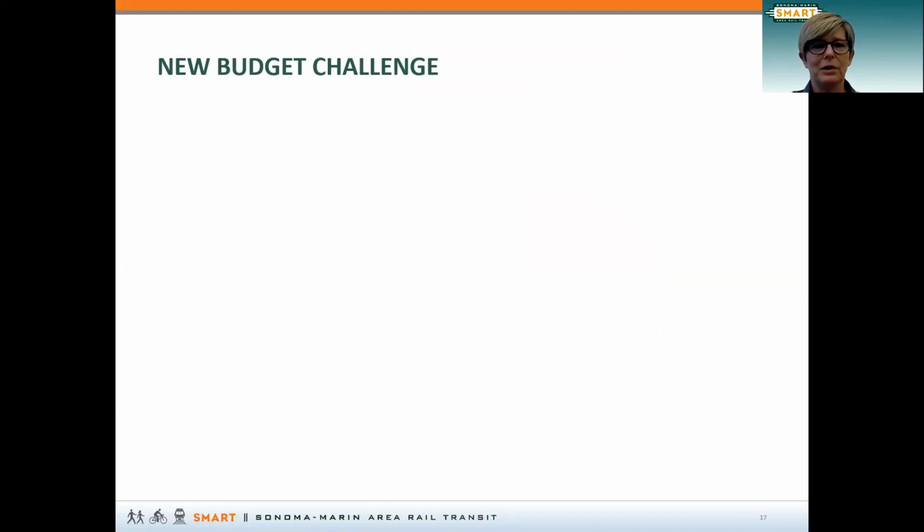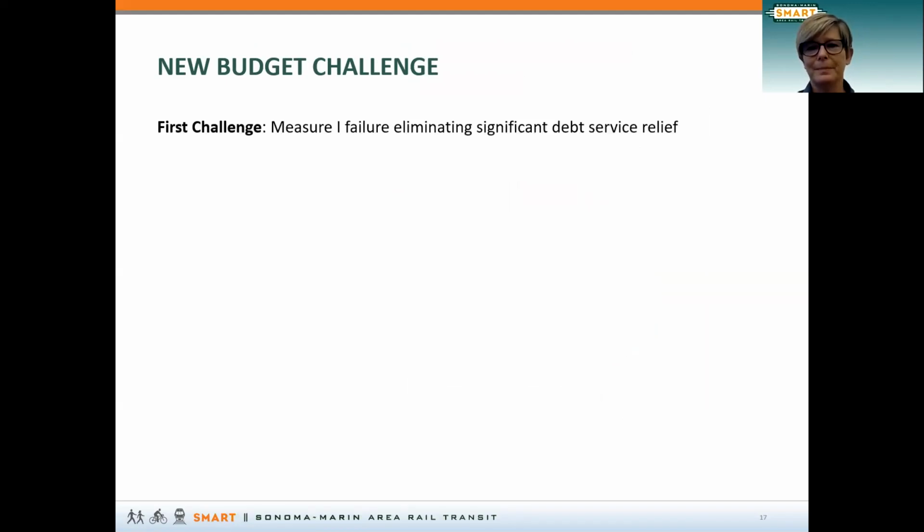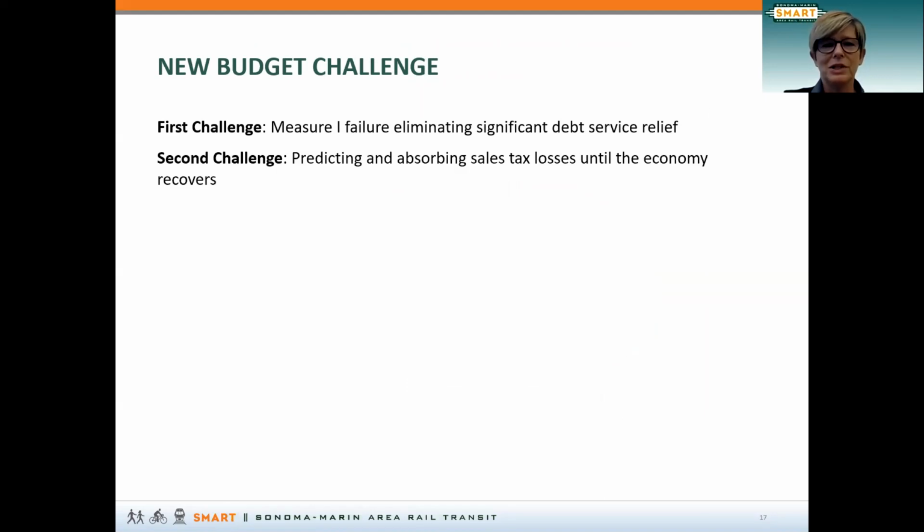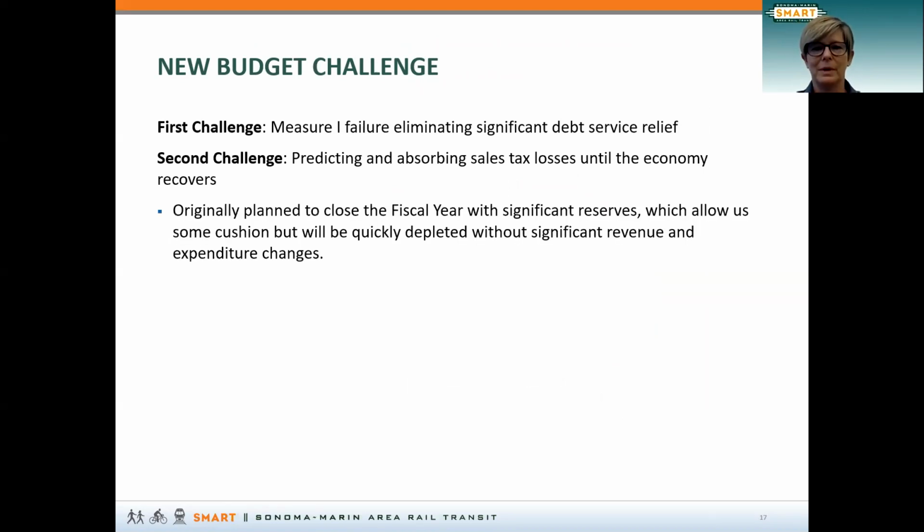So we're almost done here. Our new budget challenge, a result of the virus, goes on top of our first challenge, which was the failure of Measure I. So the second challenge is to figure out what the sales tax losses are going to be and how we absorb them. We had originally planned to close the fiscal year with reserves, which allows us kind of a cushion